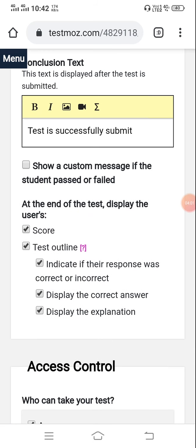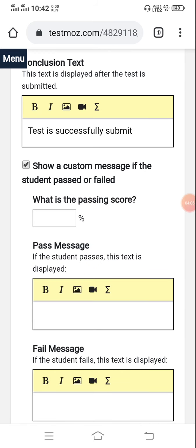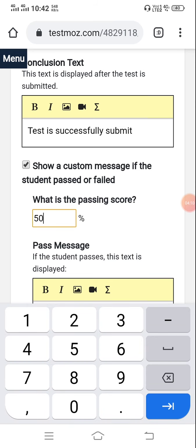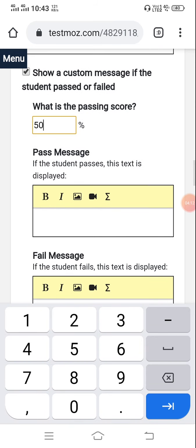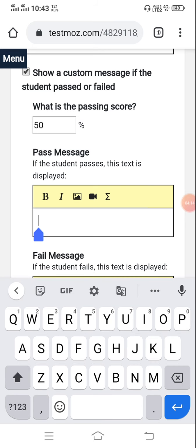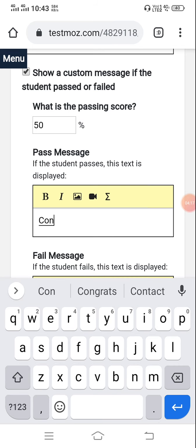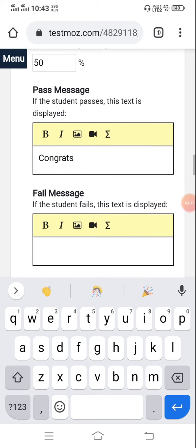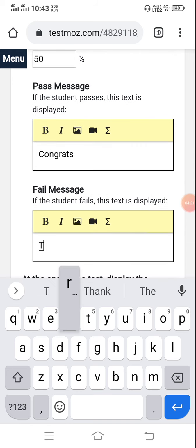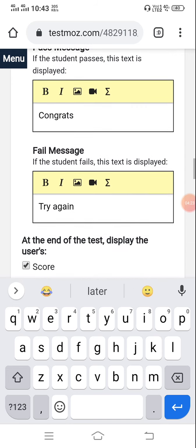Show a custom message if the student passed or failed. Just select it, enable that one. And next, what is the passing score? I am giving here 50%. Next, pass message, I am giving congrats. Next, fail message, try again.